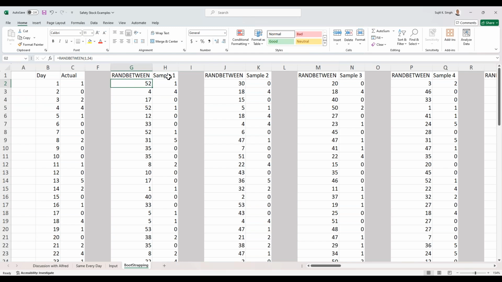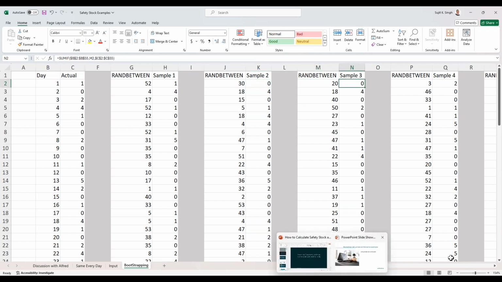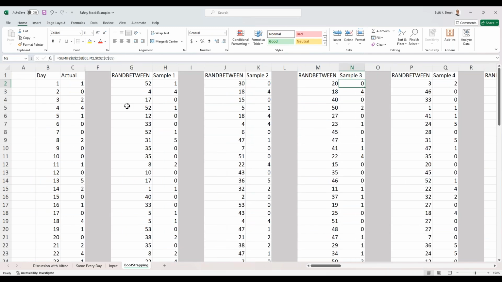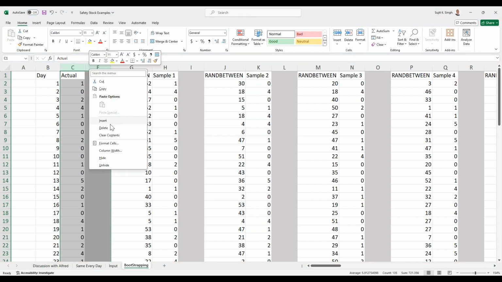So I have this sample here, which I'm calling sample 1. Then this sample here, which uses the exact same technique, and I get sample 2. Then I have sample 3, sample 4, sample 5, 6, and 7. And all of that is basically going to the original data and doing a sampling with replacement. All of them have exactly the same number of data points as in the original data, which is 54. Once I've done that, I can